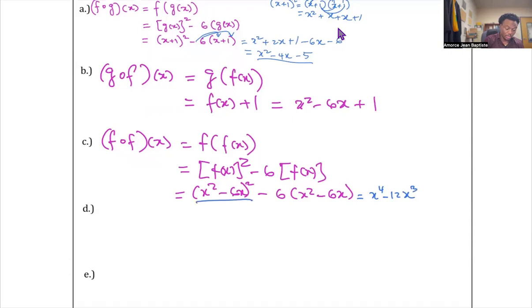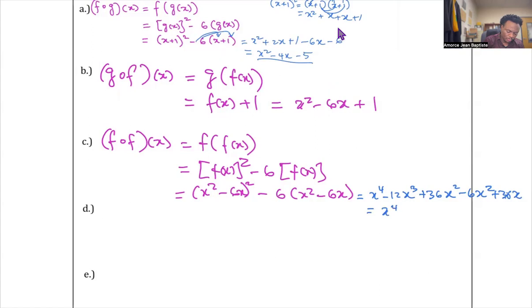I foiled this, but I'm going to do it quick. Plus 36x squared minus 6x squared plus 36x. Combine like terms, you get